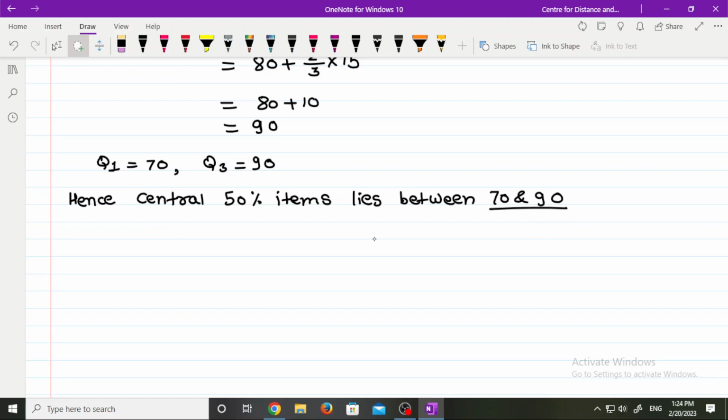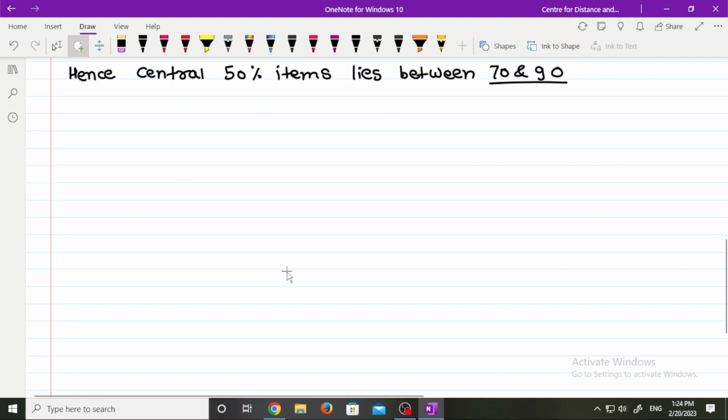Okay. Then here we have to find out third, mean deviation, that is m dot d. And for this we know the formula for m dot d, that is mean deviation,